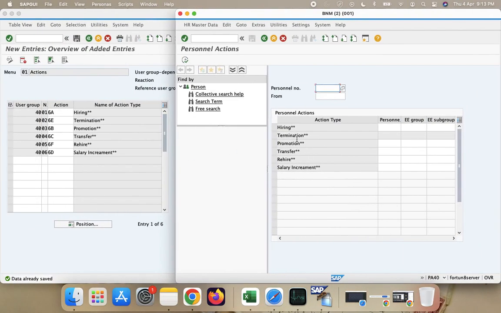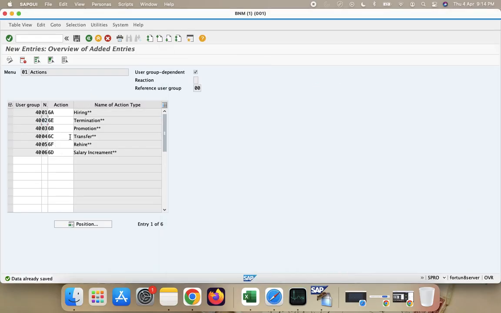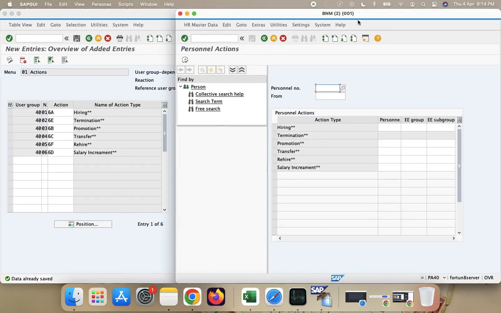बट यहाँ पे सीक्वेंस क्या दिखा रहा है? हायरिंग, फिर टर्मिनेशन, फिर प्रमोशन, फिर ट्रांसफर, फिर रीहायर, फिर सैलरी इंक्रीमेंट। ऐसा क्यों दिखा रहा है? बिकॉज दिस इज द मेनू स्क्रीन। यहाँ पे मैं मेनू डिफाइन करता हूँ। डजेंट मैटर कि मैंने टर्मिनेशन कहाँ डिफाइन किया था, नीचे किया था, ऊपर किया था, उससे कोई फर्क नहीं पड़ता है। जो मैंने वहां पे कॉन्फ़िगरेशन की थी वो की थी। द कॉन्फ़िगरेशन दैट आई हैव डन वाज 6A 6B 6C 6D 6E एंड देन 6F। बट जो मैं मेनू में सीक्वेंस डिफाइन कर रहा हूँ, उसी सीक्वेंस के हिसाब से वैल्यूज यहाँ पे दिखाई जाती हैं।